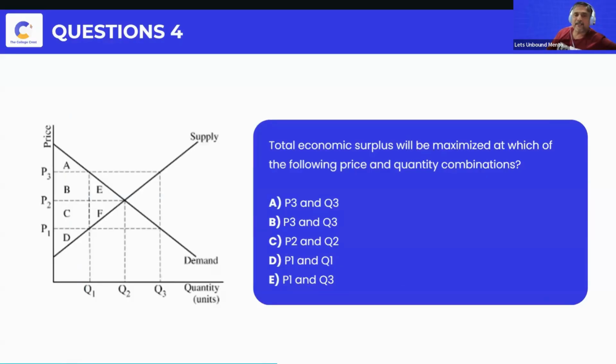Next, total economic surplus will be maximized at which of the following prices and quantity combinations? Okay, so total economic surplus maximization, where would it actually happen? So we can clearly see that the correct answer here is P2 and Q2, where the demand and supply curves intersect each other. So P2 and Q2 are those points where the total economic surplus will be maximized. Moving on,